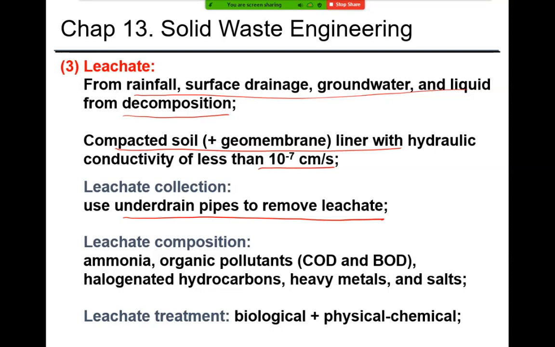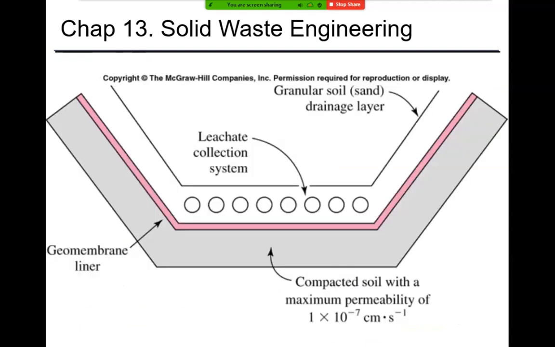The leachate composition, as we said, contained ammonia, organic pollutants, halogenated hydrocarbons, heavy metals, and salts. It's very polluted, very concentrated. And after we collect them, we still need to treat them, right? We cannot directly dump them somewhere else. So we can use the biological or the physical chemical methods to purify them before we discharge them into the